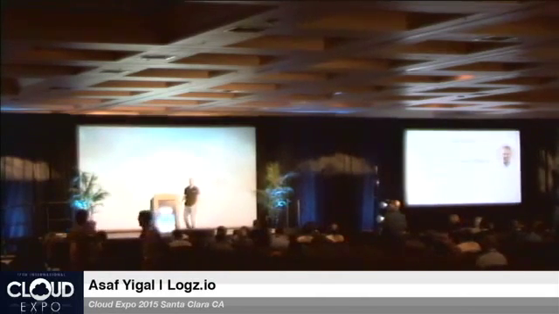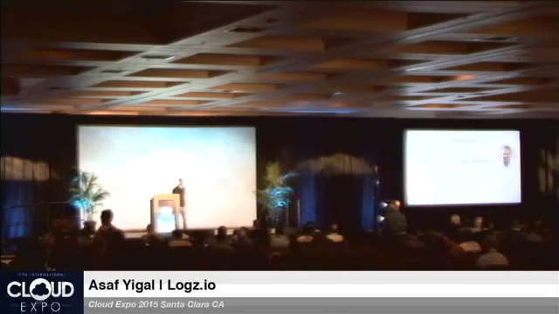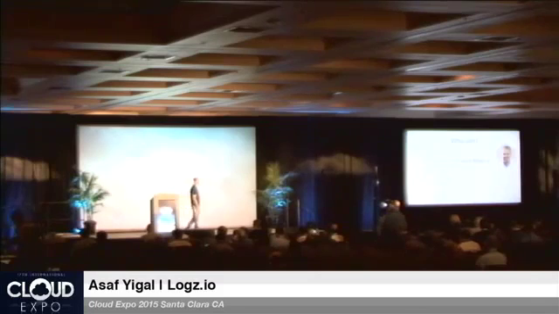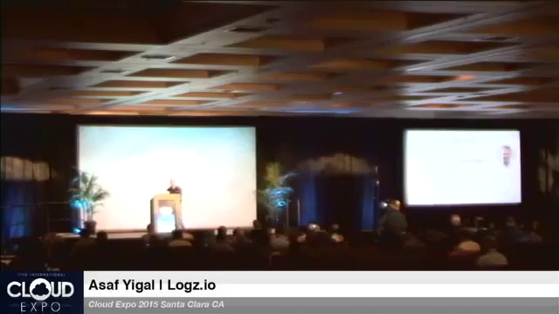We're actually presenting here, and we have a booth here, booth 815, if you want to stop by afterwards. Logz.io is a log analytics company, and what we do is we take the ELK, which is the most common log analytics platform out there, and we offer it as a cloud service. And we also provide additional features on top of it, which I'm going to talk a little bit about, but this is not the main